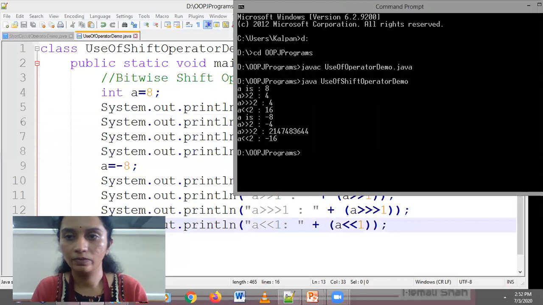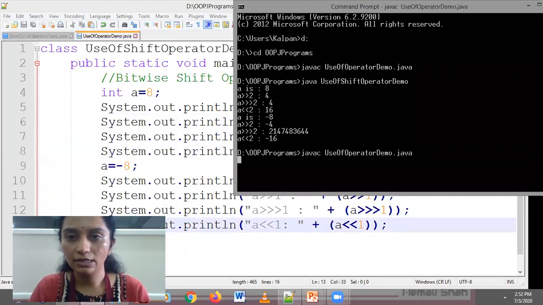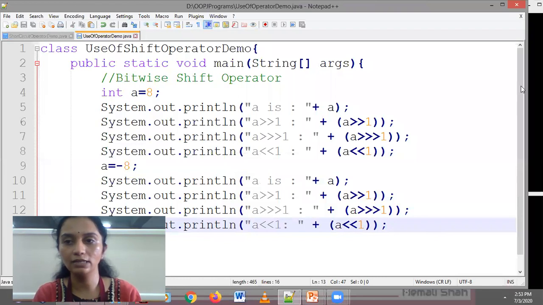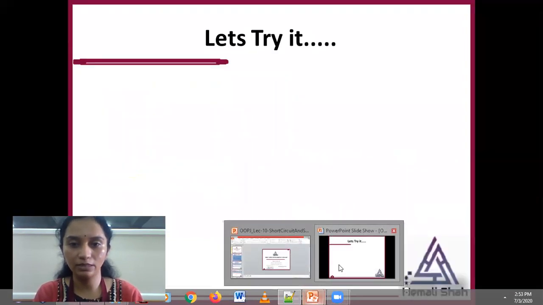Save it, recompile it, and see the output, right? 8 value having 4, then 4, then 16, then -8, -4, then this number, and negative again having the negative number, right? So we have performed the same in a presentation also.